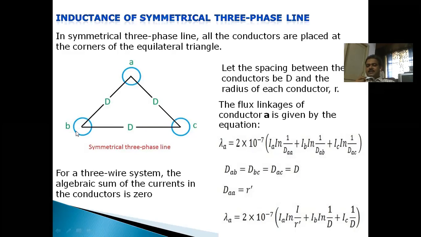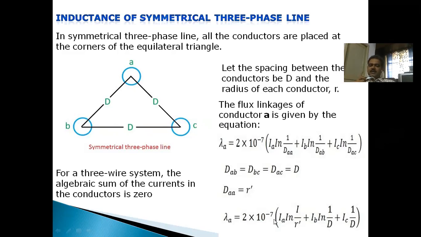Here this is self flux linkages. This term indicates self flux linkages. This term indicates flux linkages due to conductor A. Similarly, the third term is due to current IC. So the distance between these two, that is BC, the distance becomes